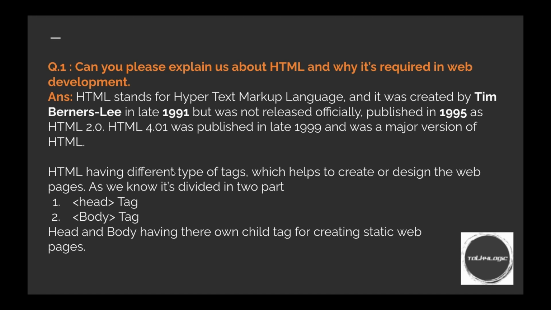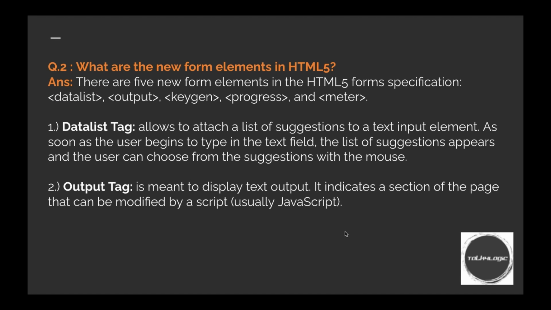HTML has different types of tags which help to create a design. Web pages, as we know, are divided into two parts. First is the head, second is the body. Head and body have their own children tags for creating static web pages. Now moving to the next question, what are the new form elements in HTML5? There are 5 new form elements in the HTML5 form specification, which are the datalist, output tag, keygen tag, progress tag